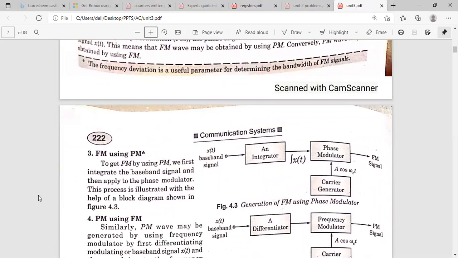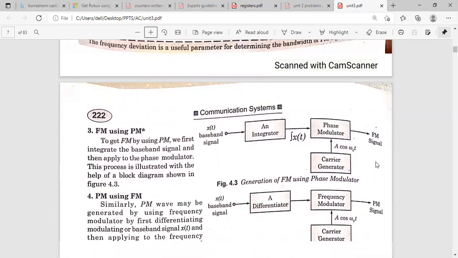Okay, so ఇప్పుడు చూడండి, మనము FM ని జనరేట్ చేయాలి అంటే PM యూజ్ చేసి జనరేట్ చేయొచ్చు. Okay, so we need a phase modulator. So FM signal ni generate cheyali ante, before going to that, x of t will be integrated. So integrate chesi phase ki istunnamu and ikkada carrier istunnamu. So integrate chesi eppudaithe ee phase modulator ki istunnamu, that will produce the frequency modulated signal.